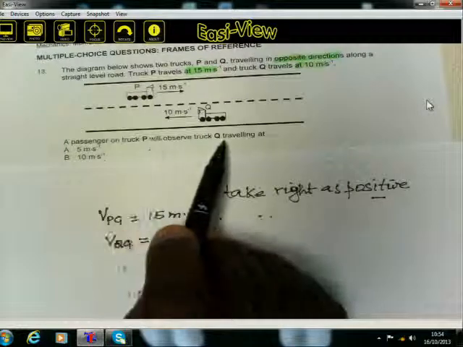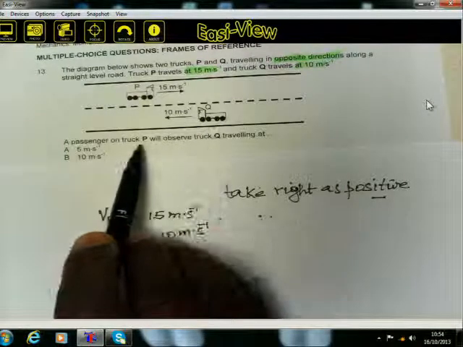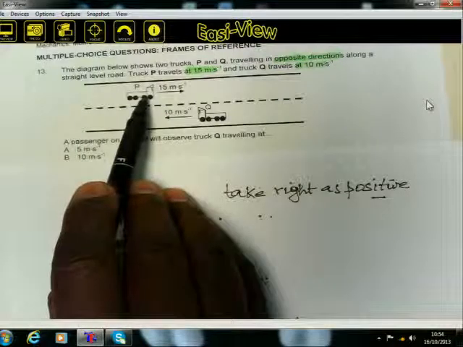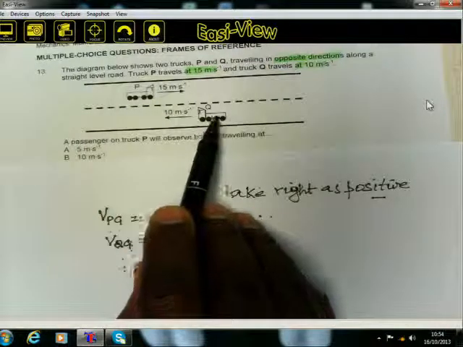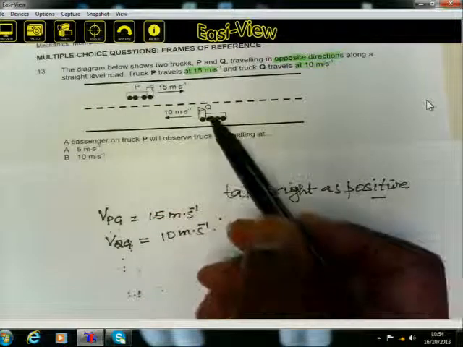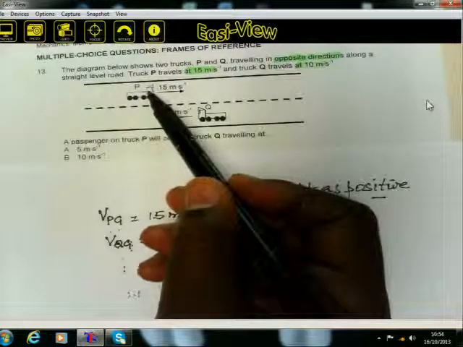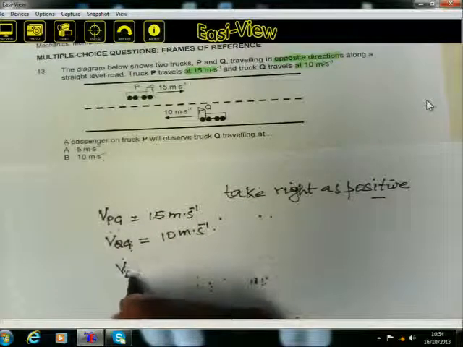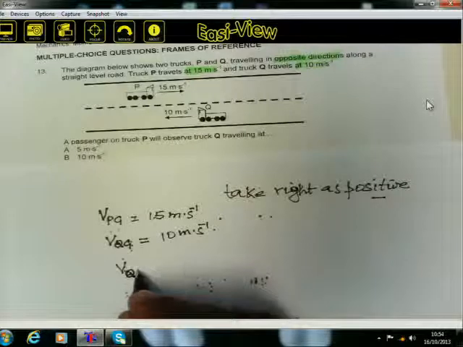Then what does the question say? What will the passenger see about Q? In other words, this person is sitting in track P, then he observes Q moving. So we want the velocity of Q relative to P. In other words, what we are supposed to get is the velocity of Q relative to P, because this person,